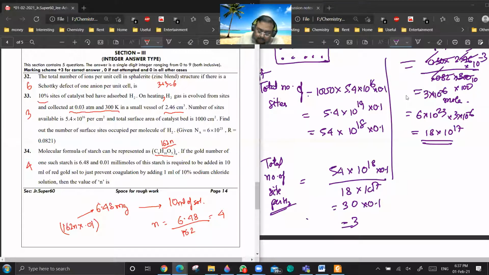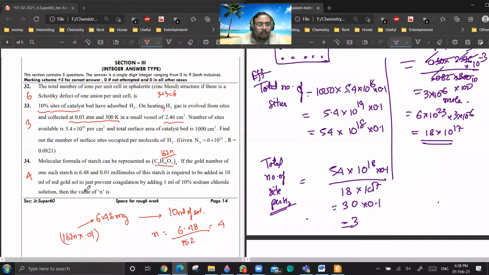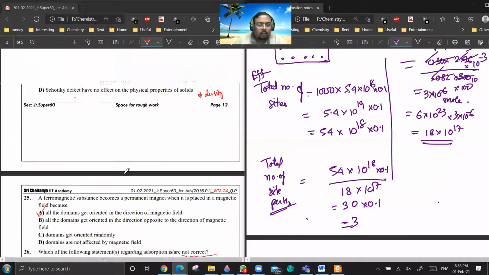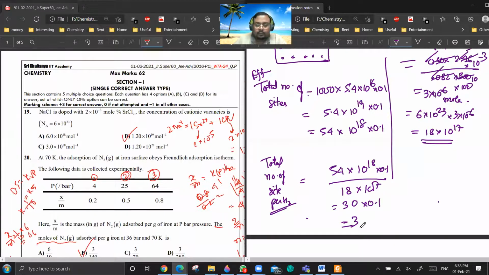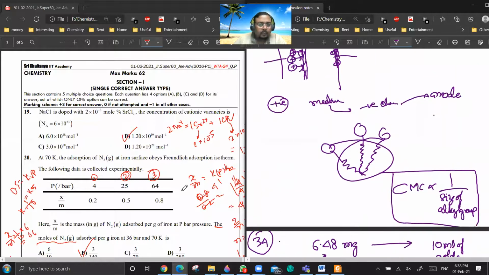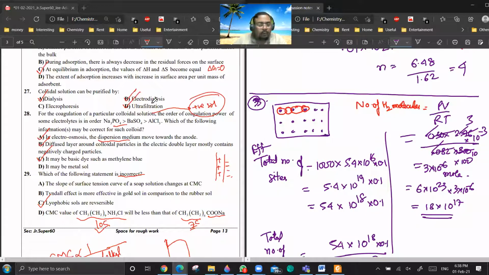Okay, this first part is important. Are you getting the point? Yes, sir. So basically in all these questions, there is only one thing: calculate total number of sites, total number of molecules, and divide them and you will get the answer. In most of the cases it will be like that only. Other than that, there is nothing in this paper which I think should be troubling you. So with this, I am going to conclude this paper discussion.